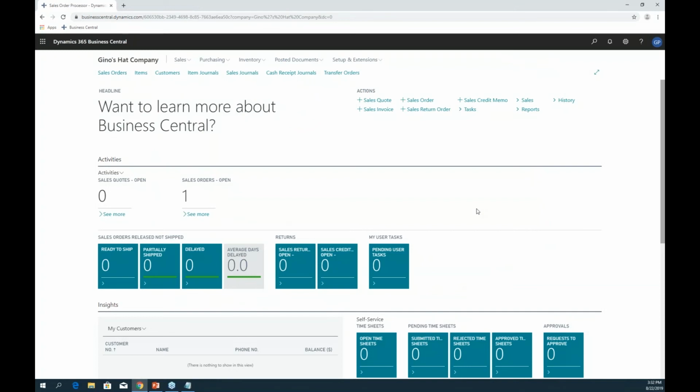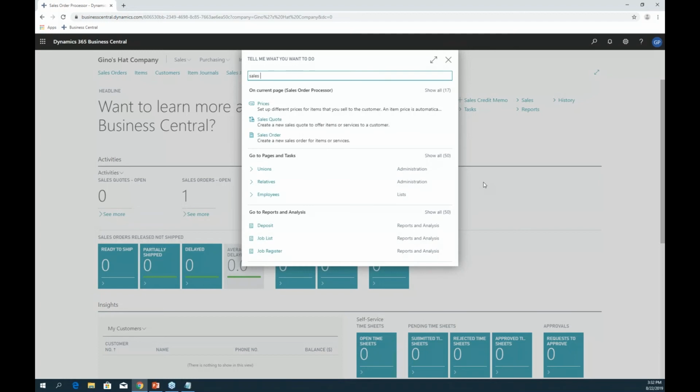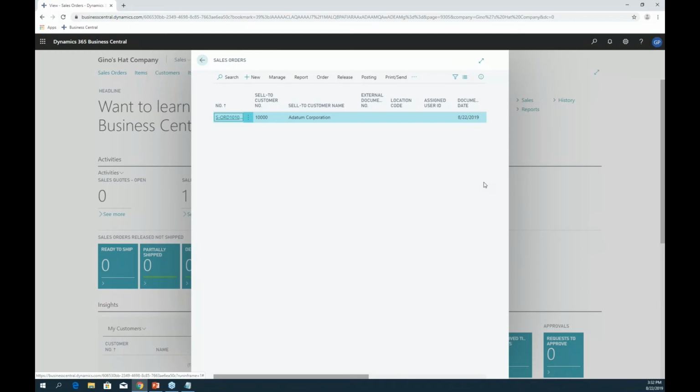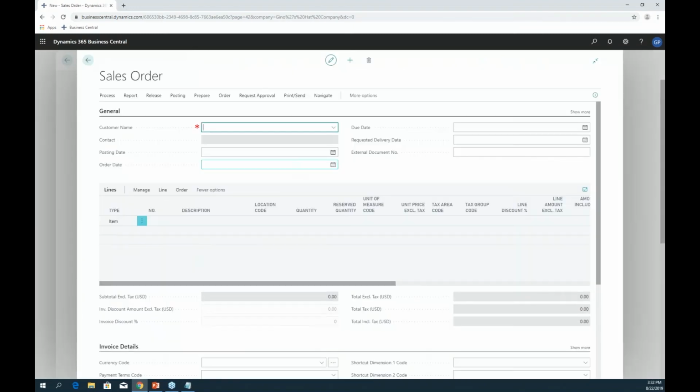Number 5 is focus mode. Okay, so I can either navigate to sales orders from my role center here, or I can use Tell Me to find the sales orders. It brings up my sales orders list here. I can go ahead and hit this plus button to create a new sales order. And what I'll do is find my customer. So I'll look for